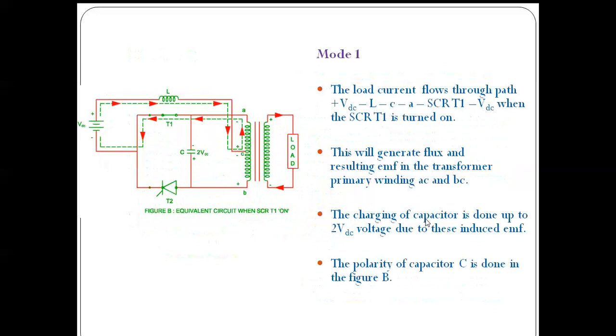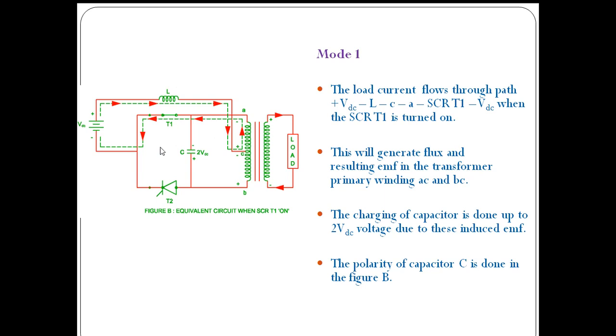So this is the parallel inverter circuit. When T1 is turned on, the current flows through this path. When the current flows through this path, the capacitor will charge to 2 VDC. In this polarity the capacitor will charge, and the load current will flow whenever we have voltage across the primary. When we turn on thyristor T2, this plus will appear across the thyristor's terminal, and this minus will appear across the thyristor's P terminal.